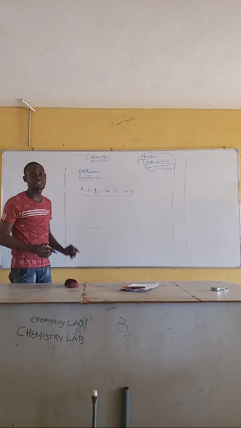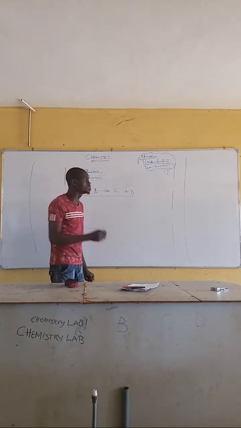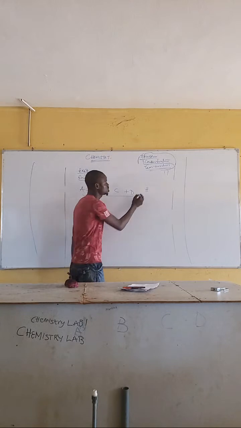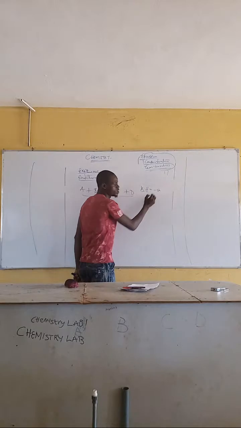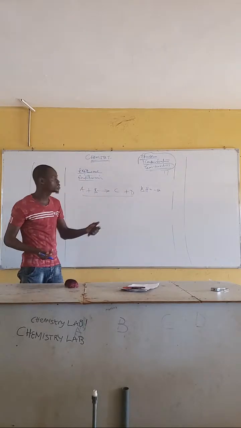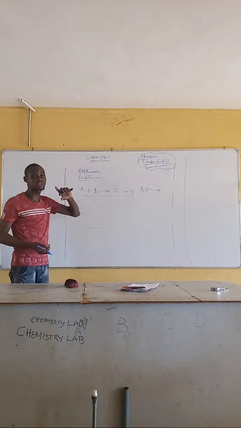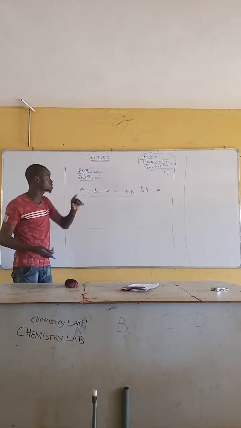How do we determine that? That type of reaction can be determined using the enthalpy of the reaction, the change in enthalpy. Take note: if the change in enthalpy is negative, it simply shows that the reaction is exothermic. If it is going to be an exothermic reaction, they will put in front of the reversible reaction